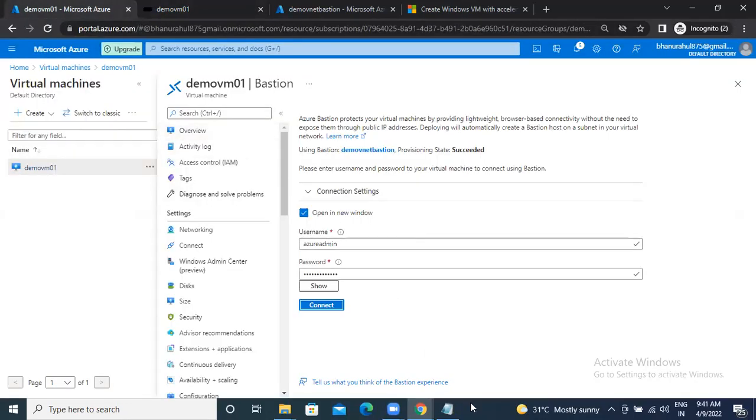I have tried to log in here as well, Azure admin. So I took the RDP also as Azure admin. That's why my MSTSC RDP connection was disconnected. So now I am able to connect using the Bastion service. So this way you are able to